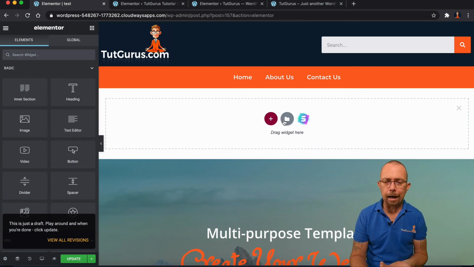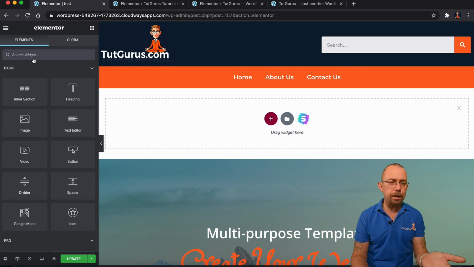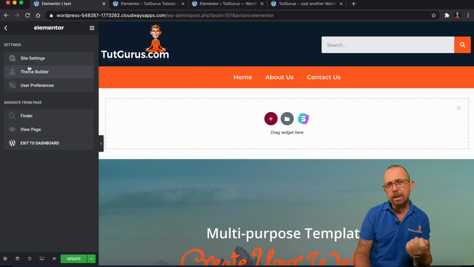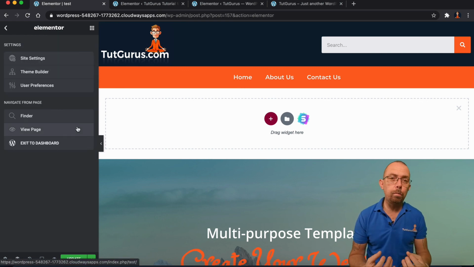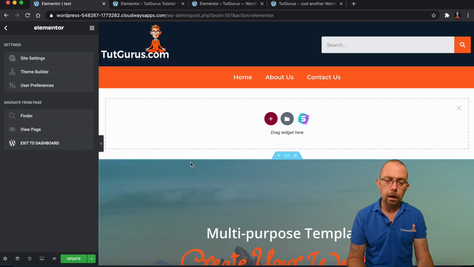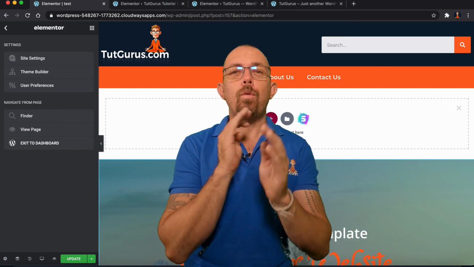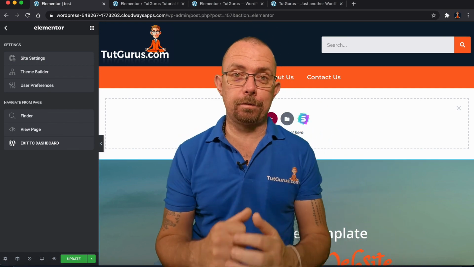Grab a theme, grab some blocks, change them, come into global settings, play with them. What does this do? What does that do? And you will master this. This isn't a hard builder to use. This builder is one of the easiest ones that I found to use. And yeah, have fun. This is about fun. So enjoy yourself.